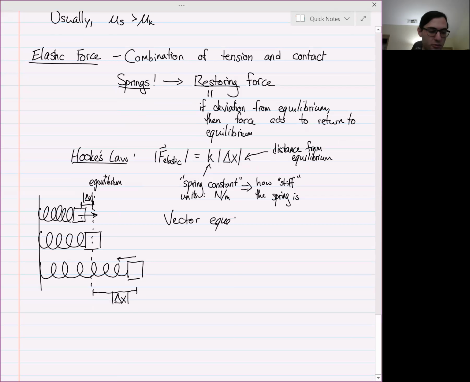Now, we can actually write a vector equation. It's just a little bit trickier. So the vector equation that you can use is that the elastic force as a vector is equal to negative k times the vector, and I'm sorry for overloading notation, but times the vector delta x. So this delta x here is like the displacement that we saw before, but